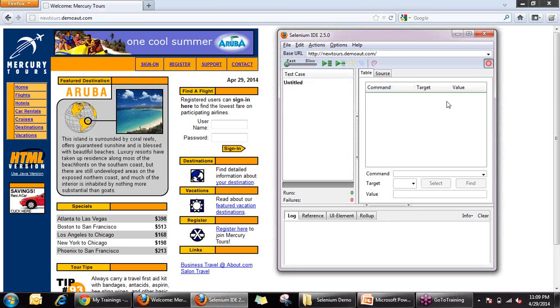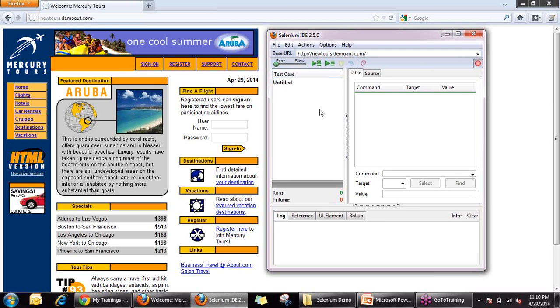The Selenium IDE window comes out as a pop-up window. On your left-hand side, you have all the test cases which will be present. By default, the test case which gets opened is known as untitled. On the right-hand side, in this section, the different Selenese commands.